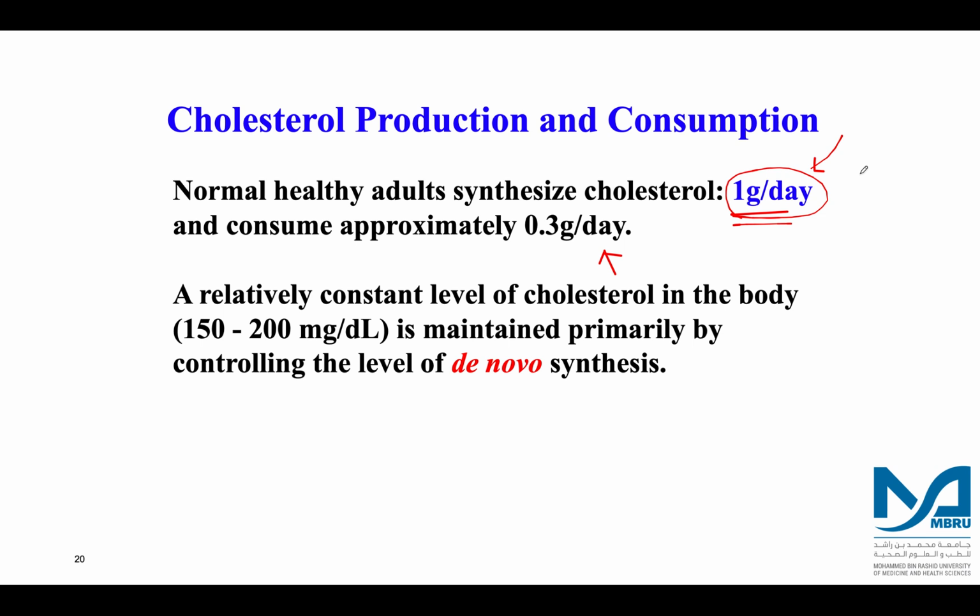However, a relatively constant level of cholesterol in the body, which is 150 to 200 milligrams per deciliter, is maintained primarily by controlling the level of de novo synthesis. And what I want you to do is to define for me what is de novo synthesis. De novo synthesis relates to the synthesis of cholesterol inside our body, and the body is able to regulate the levels of cholesterol by controlling the synthesis of cholesterol